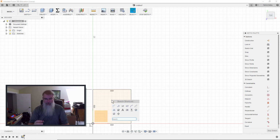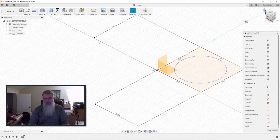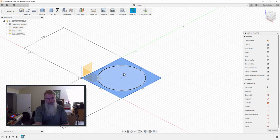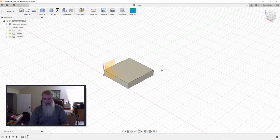I'll hit S because I want to do a void. So I'll choose a circle, get in the center there. Yeah, I'll put a circle right there. And then, okay, now I'll choose everything and press Q for press pull, and I'll do it 2 millimeters high and hit OK. And then let me remove my 3D object so I can see